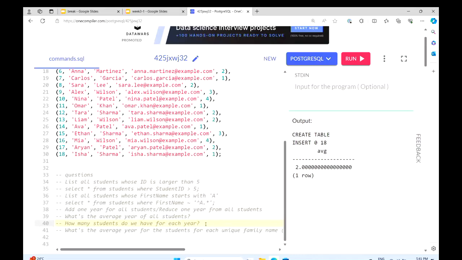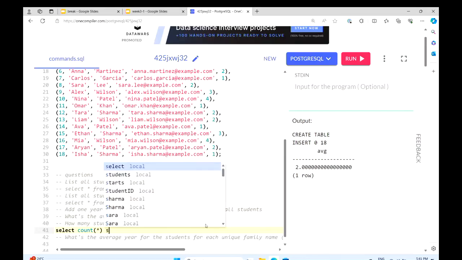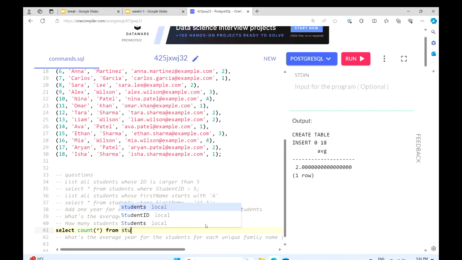Group by, yes. We need group by because we want to look into the situation for each year. So we need to group the students by year. So let's do it. So what we can do is we can select count. We can count everything. And we can count every row actually. Count from students